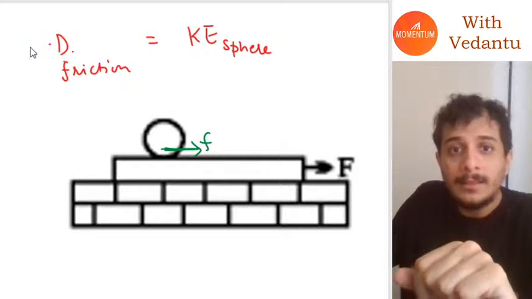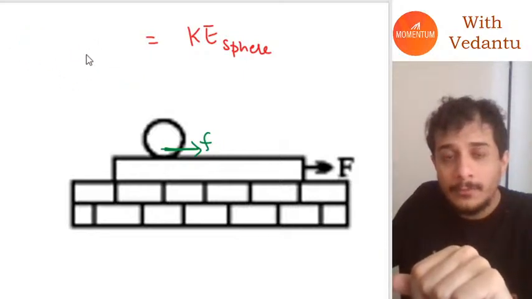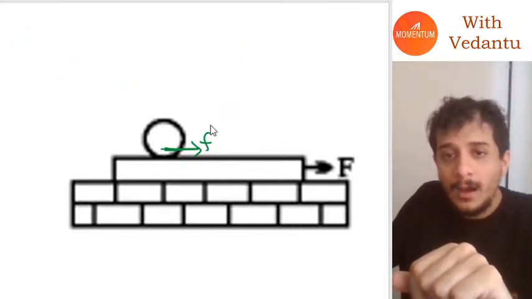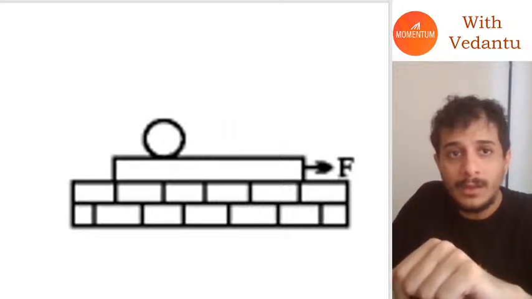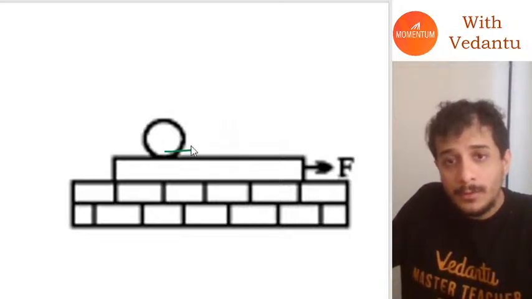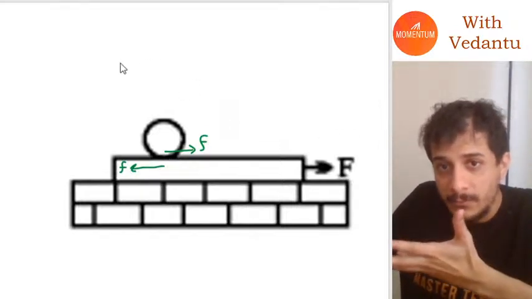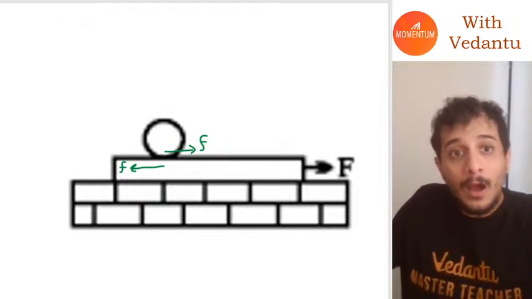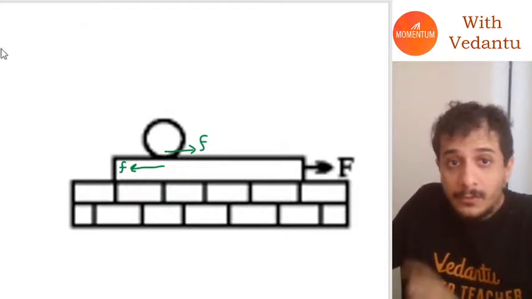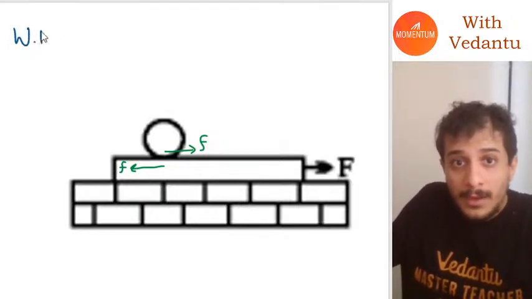What am I saying? That if you look at this, there are three different forces. First is a friction in this direction, second is a friction in this direction, and third is the force F which we are applying. Okay, now if you check this, you can check this work done by friction on sphere